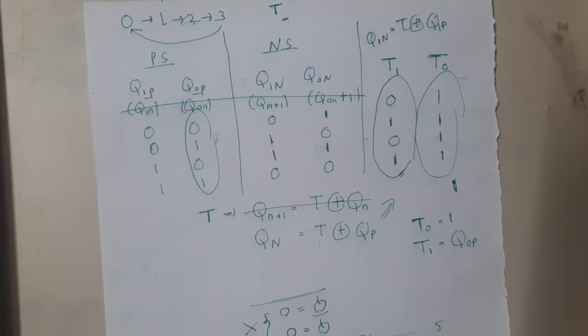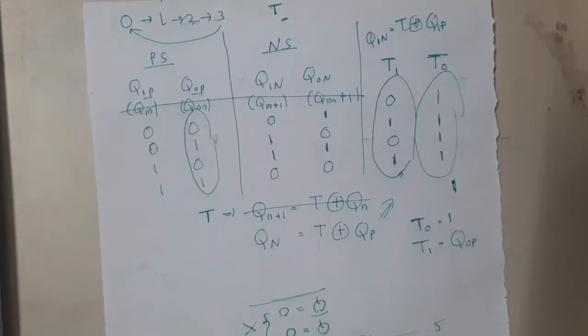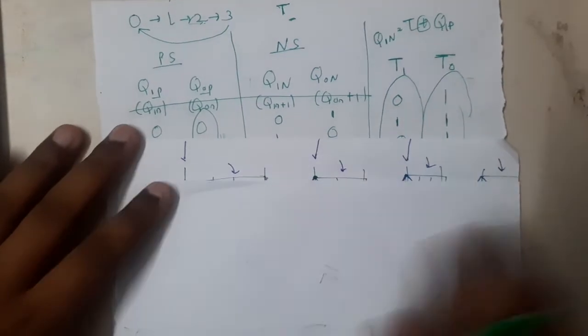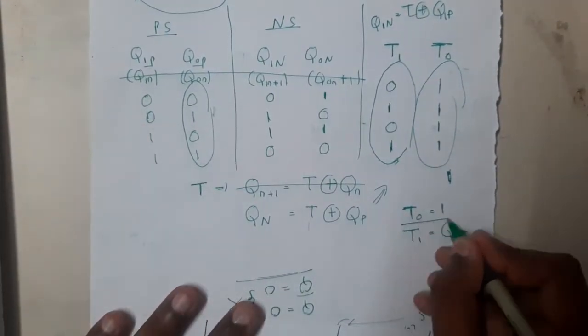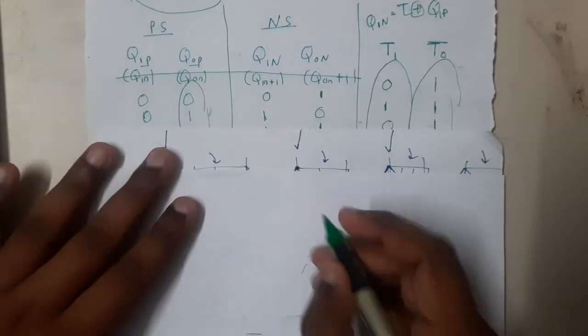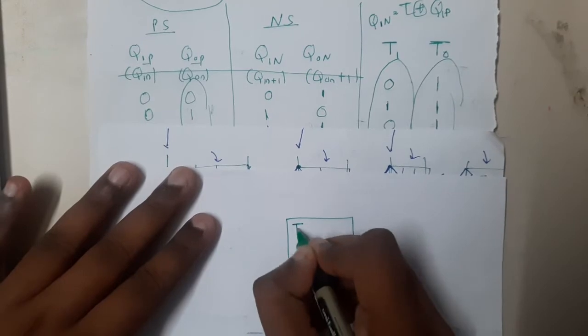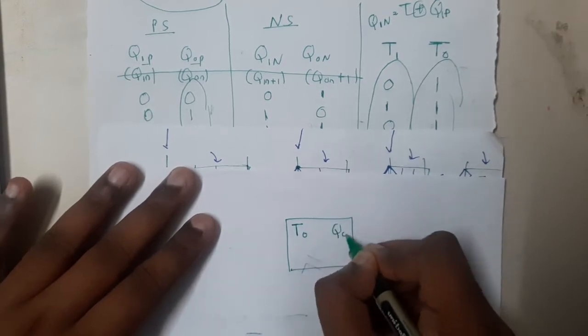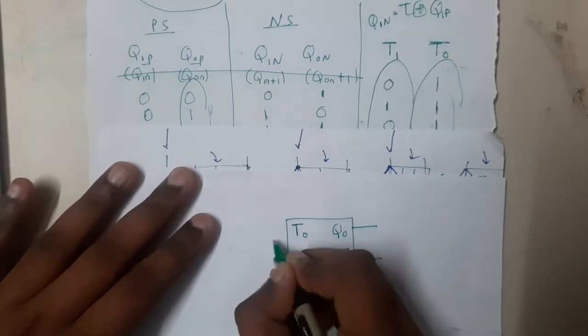So now our goal is to build the flip-flop. Okay, so just give me a second guys, I'll be taking a piece of paper. Oh, okay, so I found a small piece of paper, so it will be sufficient here guys. So the first thing is the input of T0 is 1, right? So let me draw a flip-flop. That is a T flip-flop which is having T0, and the output is Q0 and Q0 bar. Okay, so this is our output, and this is the input.